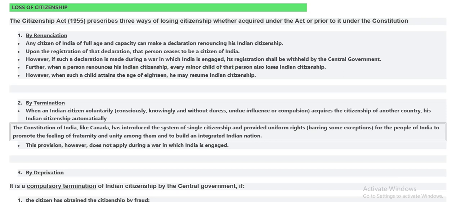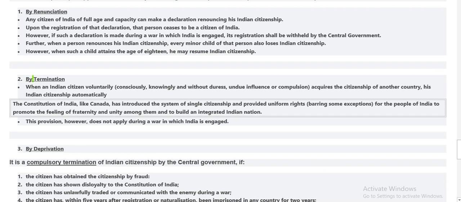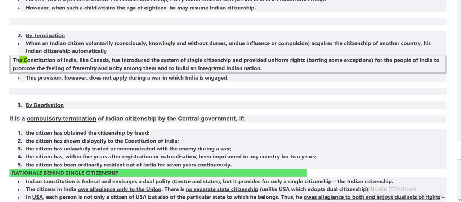Further, when a person renounces his Indian citizenship, every minor child of that person also loses Indian citizenship. However, when such a child attains the age of 18, he may resume Indian citizenship. By termination. When an Indian citizen voluntarily, consciously, knowingly and without duress, undue influence or compulsion, acquires the citizenship of another country,